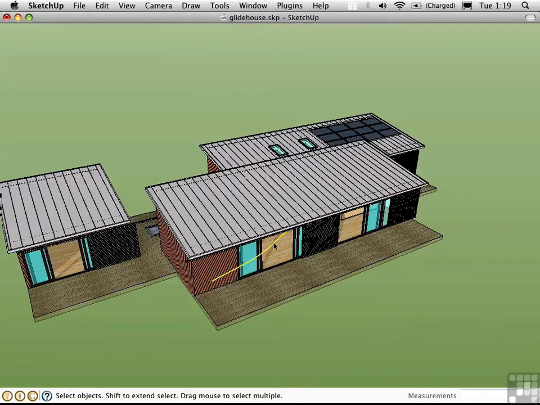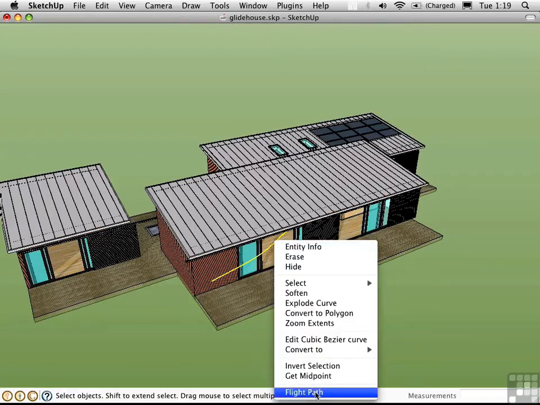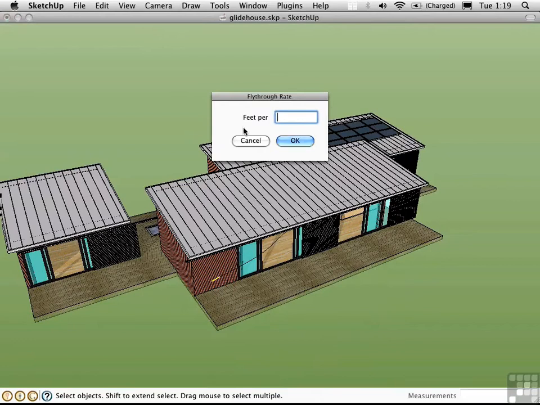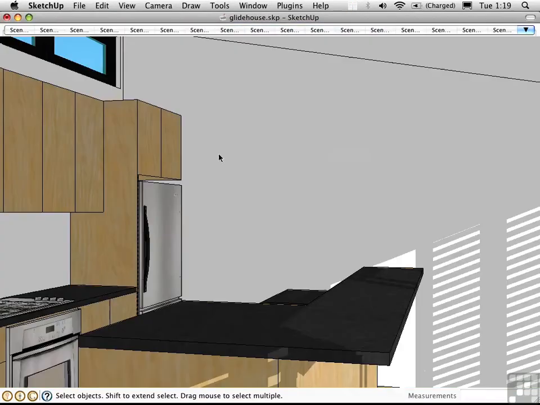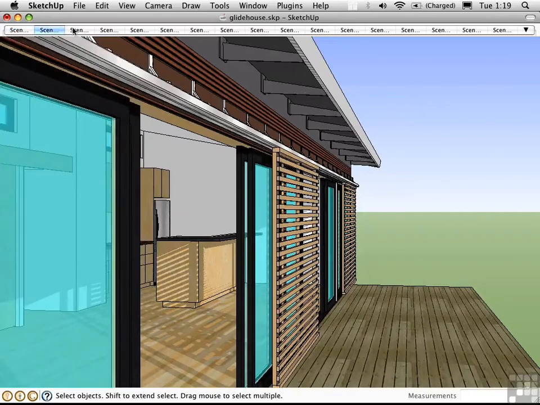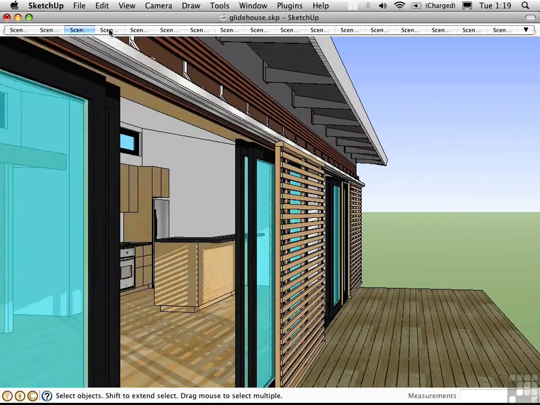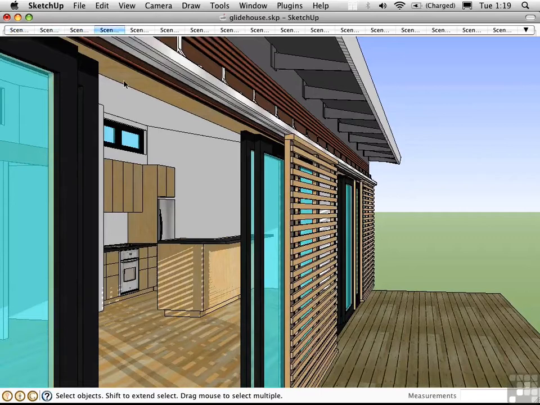Right-click on the path and choose Flight Path. We're asked to set a number of feet per scene. So I'll just type in 10 feet, which is about right for this scale. We don't need to reverse the path because we started it over here, we ended it over here, so I'll say no. And it creates a number of scenes. So we go through these scenes just like we did before,